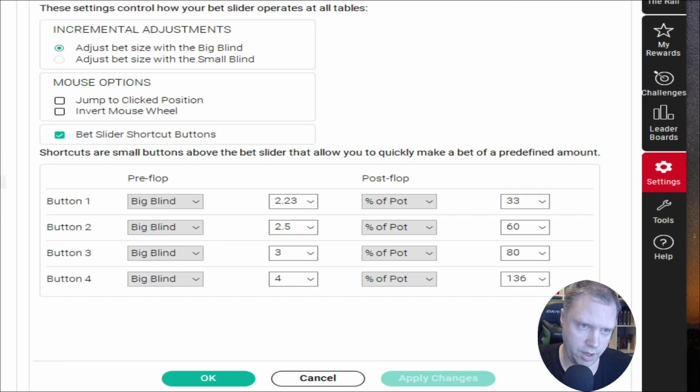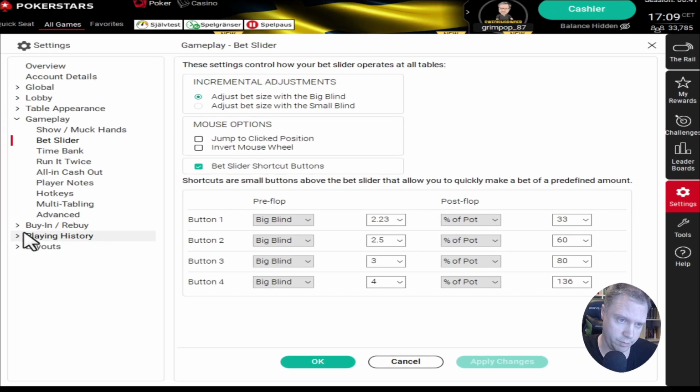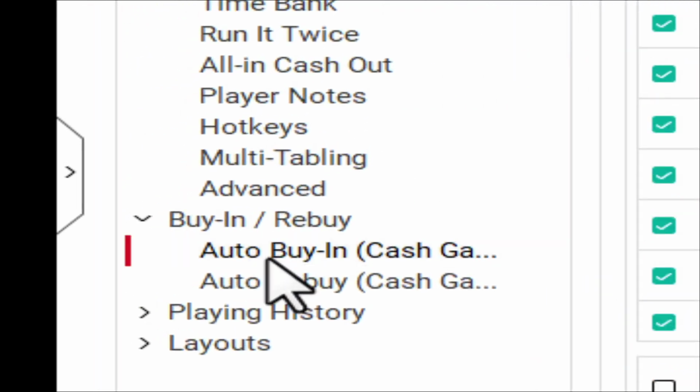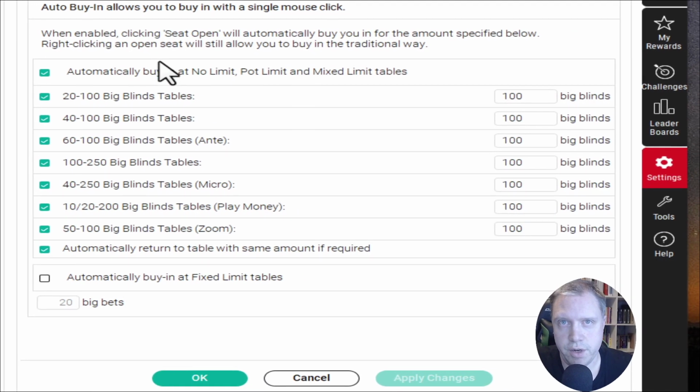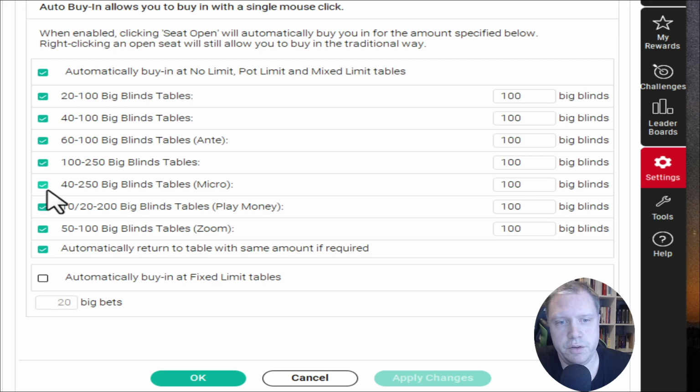So except for that, I also recommend you to have the auto buy-in. You click on buy-in, rebuy, and for the buy-in for cash game, just tick all these boxes here, and then you want to type 100 big blinds. So what this will do is to auto buy in when you click on a seat that is available, and then it will fill up to the 100 big blinds that you have set in here, and that's what I highly recommend. And then you click on OK,